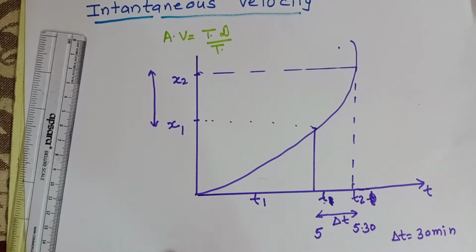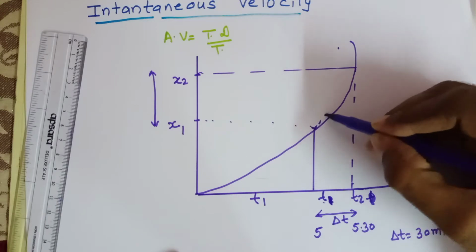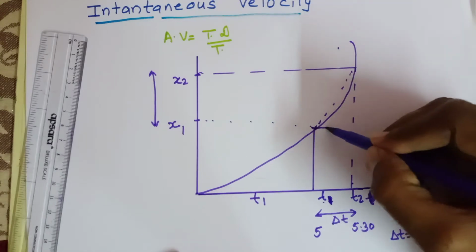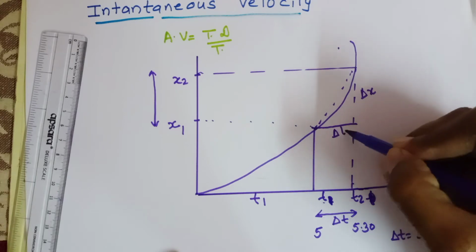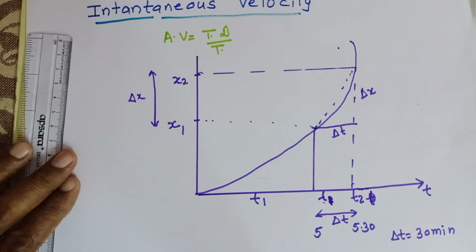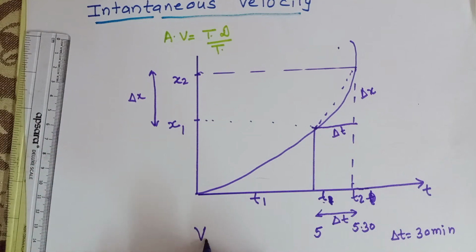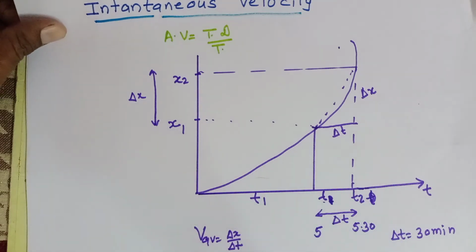So we can calculate the velocity, but we will get the average velocity, and this will be delta x by delta t. Okay, but now see, if we reduce the time interval, then